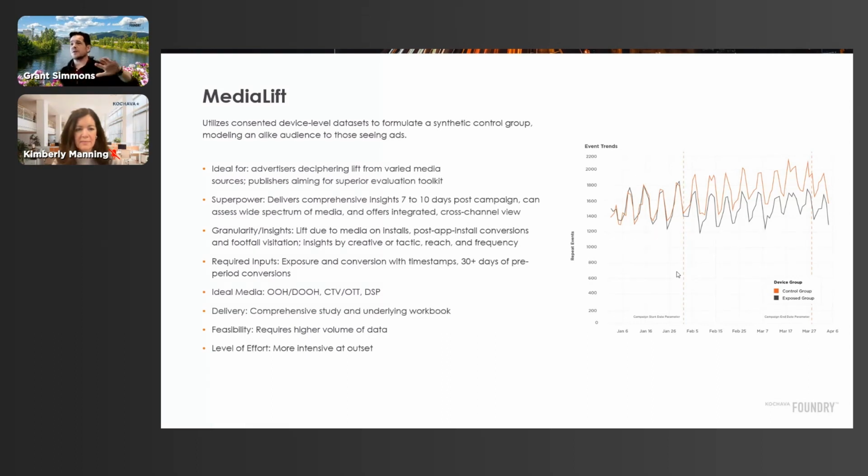But effectively what we do is we collect the devices that we see as having had an opportunity to be exposed. We look at the associated devices in the household. And then from that, we build a matched or synthetic control. From a privacy standpoint, it's very privacy-friendly measurement in that none of this will ever foot back to a device because everything is modeled and aggregated. Lots of granularity in this. You get lift by frequency, lift by creative, lift by campaign. We can look at multiple post-install events. We can point this at footfall. We can do this against out-of-home, CTV, and on-device DSPs.